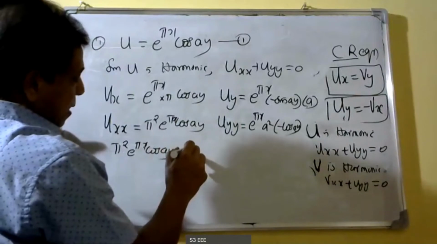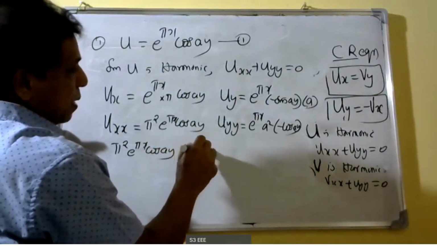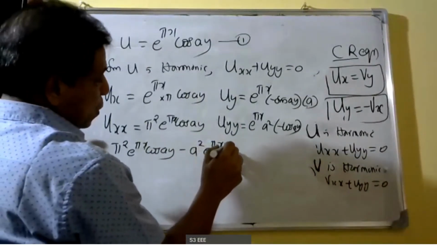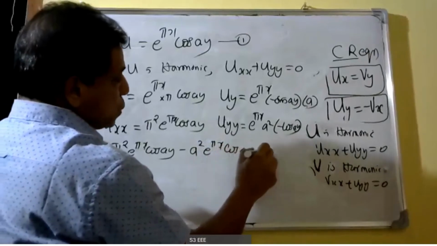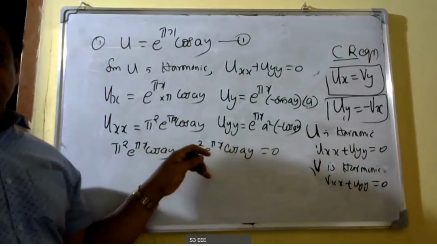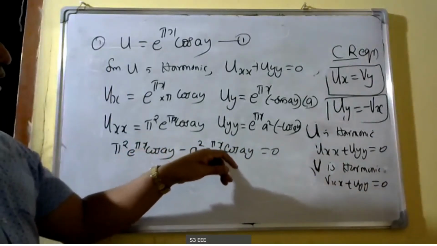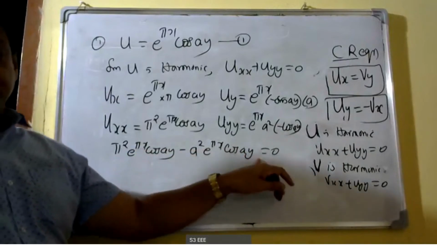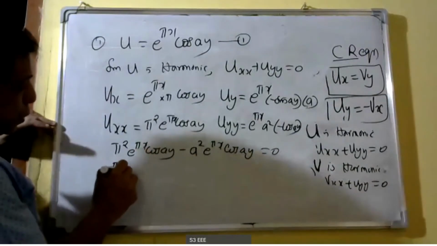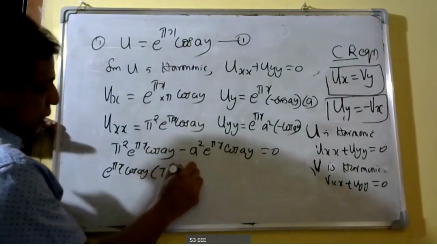minus a square e raised to pi x cos ay is equal to 0. Applying the condition uxx plus uyy equal to 0, therefore pi square e raised to pi x cos ay minus a square e raised to pi x cos ay is equal to 0. Then take e raised to pi x cos ay outside. Therefore, pi square minus a square